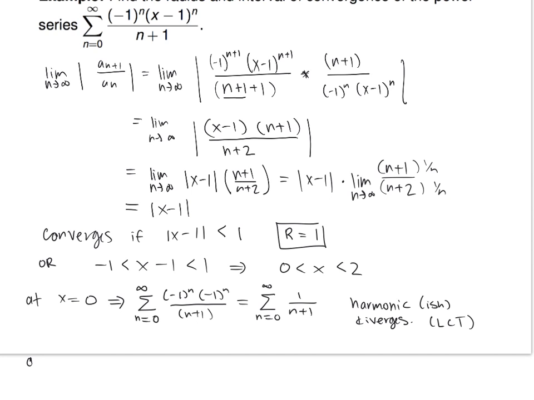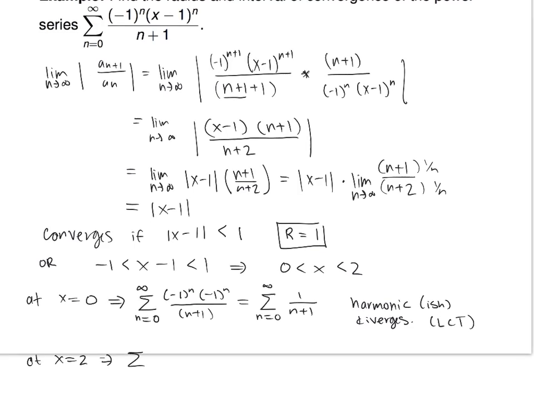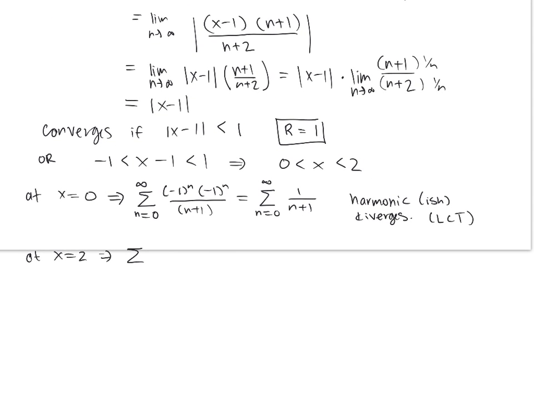How about at x equals 2? So then the difference is you get the sum n equals 0 to infinity. You have a negative 1 to the n, that's always there, right? Then you do 2 minus 1 to the n, which is just 1 to the n or 1, right? It's the sum n equals 0 to infinity, negative 1 to the n over n plus 1. This converges